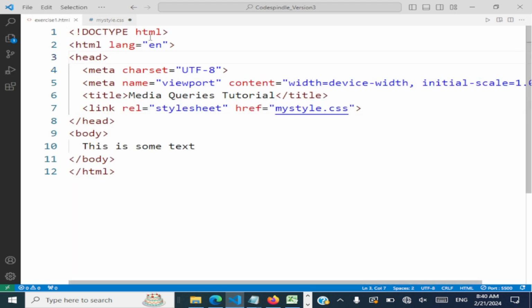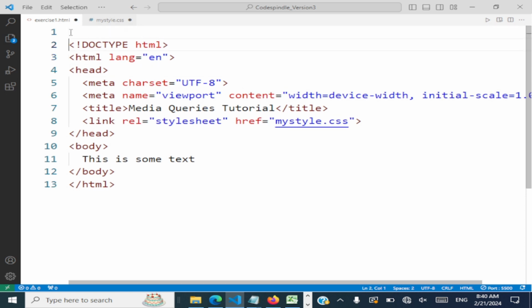What we are going to do now is take up two exercises. We can code parallelly alongside with me. So we'll take up exercise 1. I'm going to use Flexbox, mimic an image website, and then we'll see how we can use media queries to make it more responsive. So for this, what we'll do is